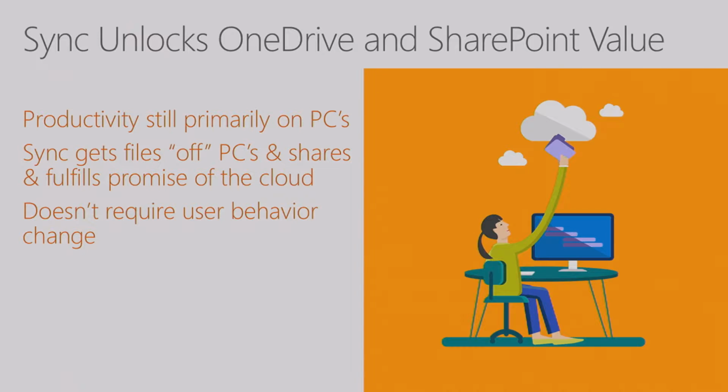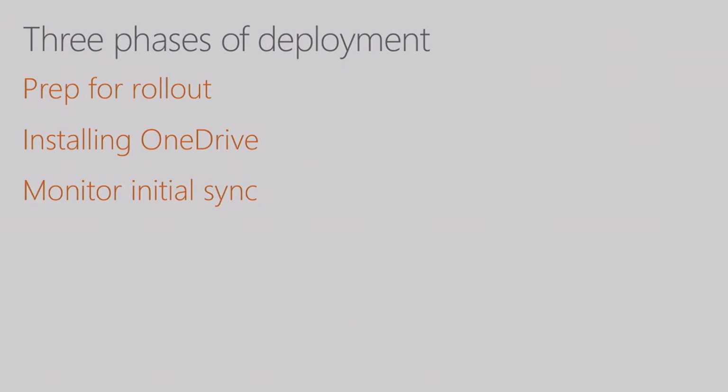So we think about it in three ways. First, we're going to prep for the rollout. We're going to think about what your world looks like. There are a lot of different scenarios for different enterprises. Every enterprise is a little bit different. Then we're going to talk about the actual mechanics of getting it deployed with SCCM, or if you're on Mac, with Casper. And then we're going to talk about how you would actually roll it out. You want to make sure you don't impact your infrastructure. We have some controls for that, and we'll talk about how you can make sure that all your files can get up to the cloud, and your users can start doing that.